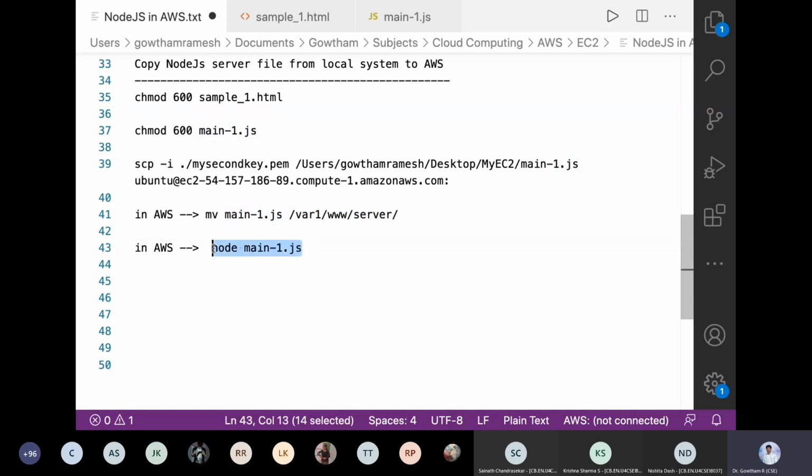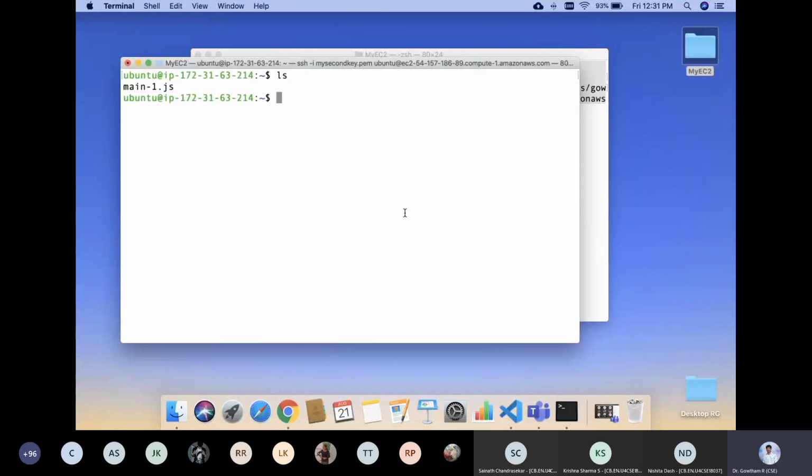I'm just going to execute my node program directly: node main1.js. This command will make your Node.js program active. See, now my Node.js program is active on the server, so it is ready to service incoming requests.